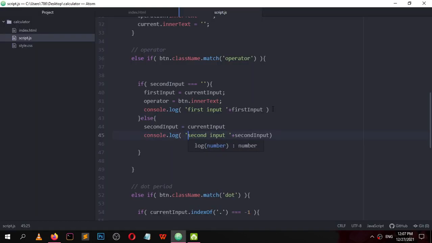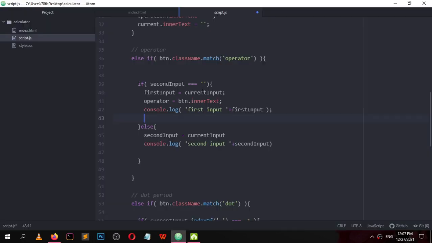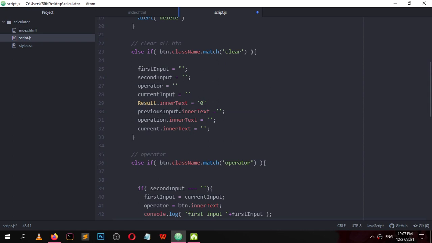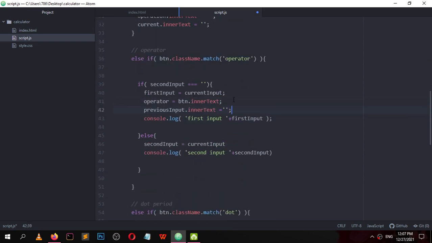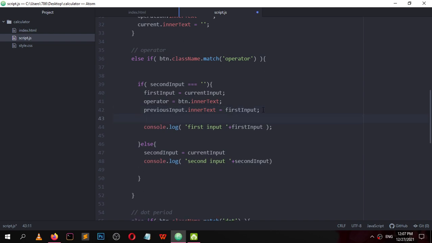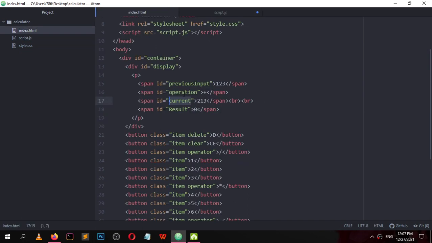So do it here. The previousInput.innerText is now equal to first input, and the operator innerText, okay, it has an ID of operation.